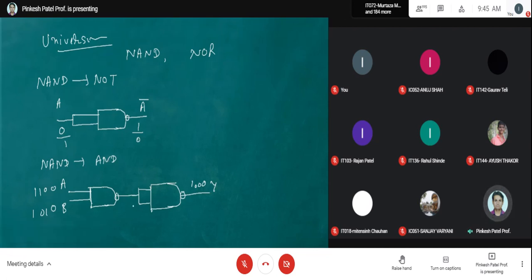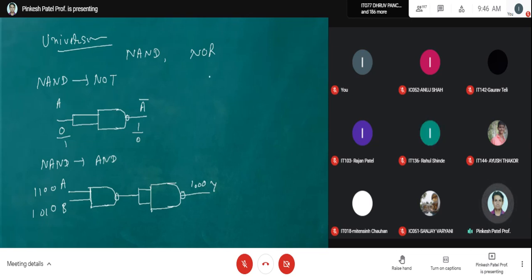See, where did we connect an AND gate here? We made the AND gate using only NAND gates. That means that is why it is called a universal gate. Any digital circuit can be realized by means of a NAND gate or NOR gate. For any digital circuit, any gate in it, you can replace all those gates with NAND gates and NOR gates. And that's why they are called universal gates.